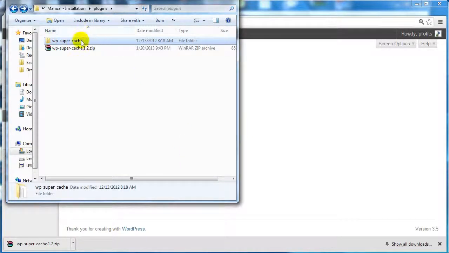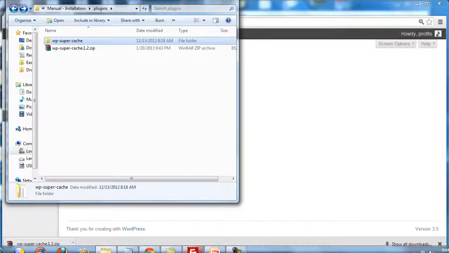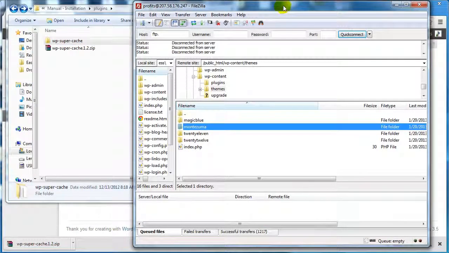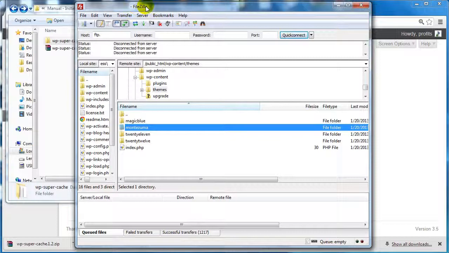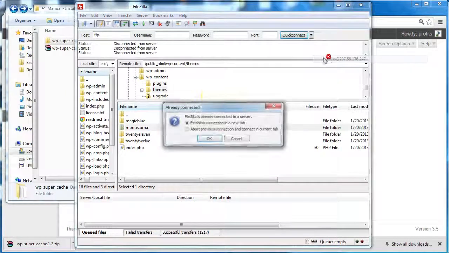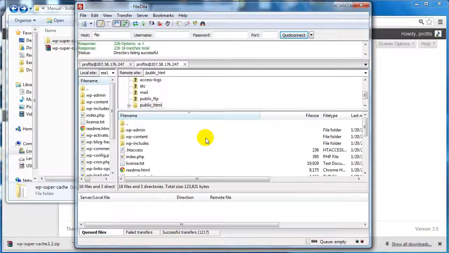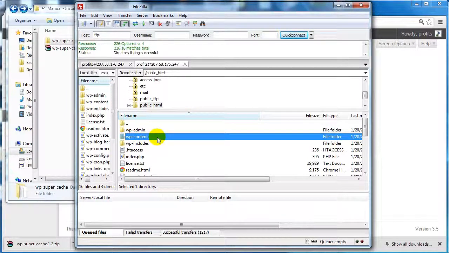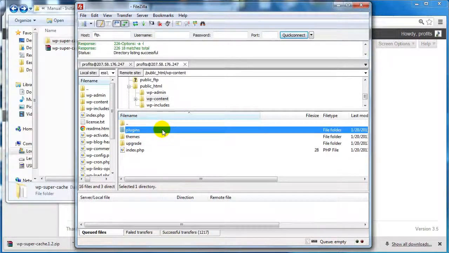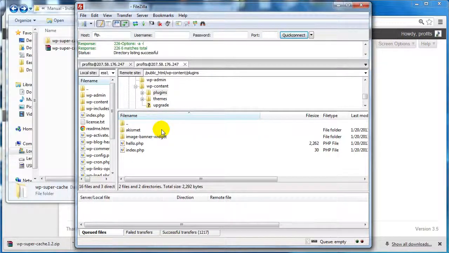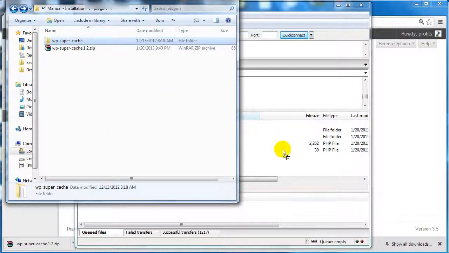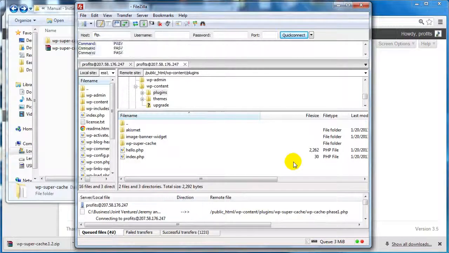Now, if you install it through FTP software, unzip this folder. So we got this folder here. Go to the FTP program. In this example, we're using FileZilla. You need to connect to your FTP site. You're going to locate your WordPress files, locate the WP-content folder, the plugins folder after that, and simply drag and drop the folder here. So simply get this folder here, drag and drop it over to here,